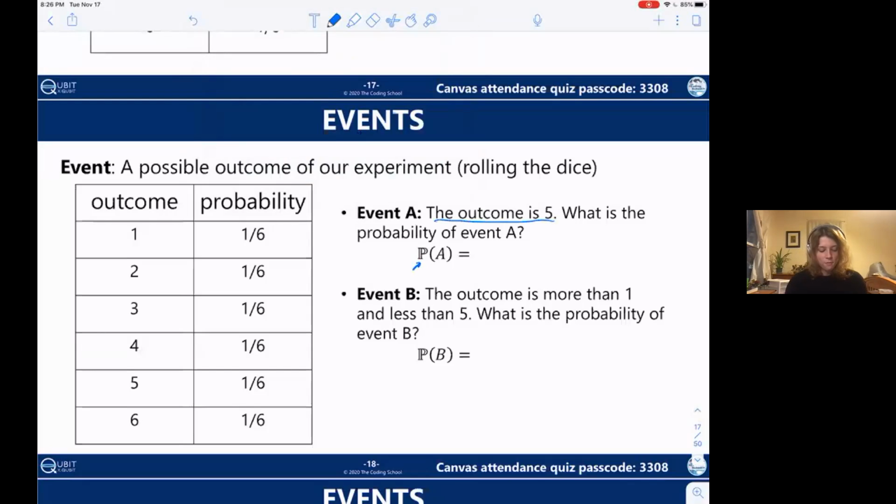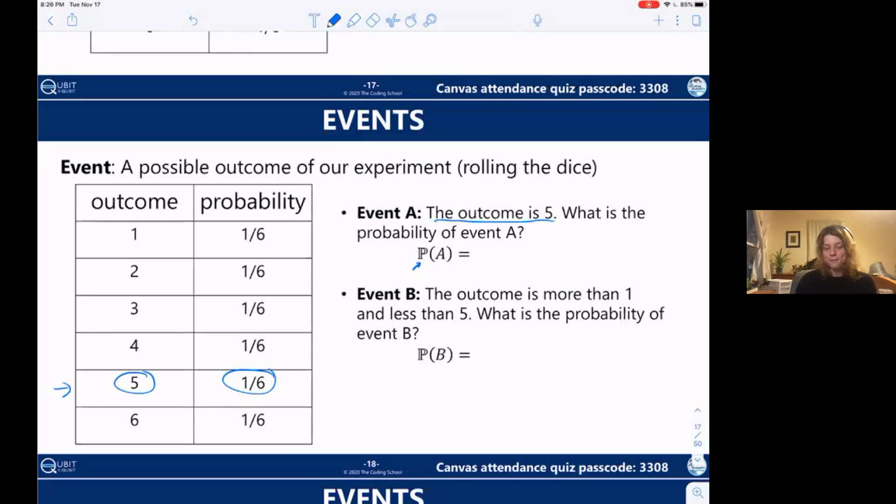So we can look at this outcome probability table the same way we look at a truth table, where you just read it through. Can anyone read off what the probability of event A, where the outcome is equal to 5, is? It should be pretty simple, but I promise you it'll get much more complicated very soon. Yes, you're all right. We just want to look at this row here where the outcome is 5, and our probability is then 1/6.